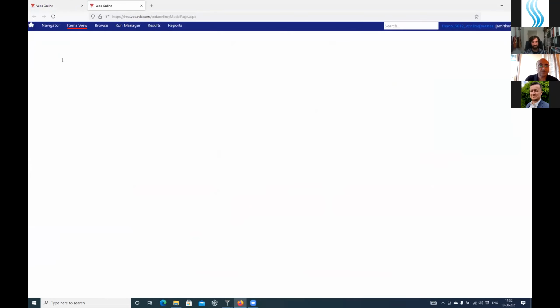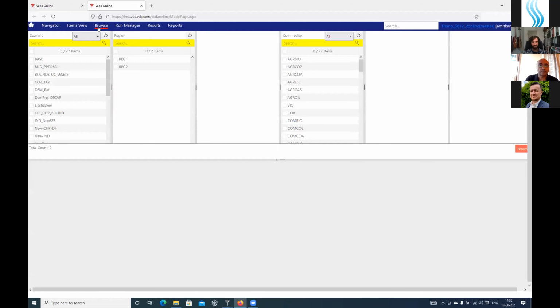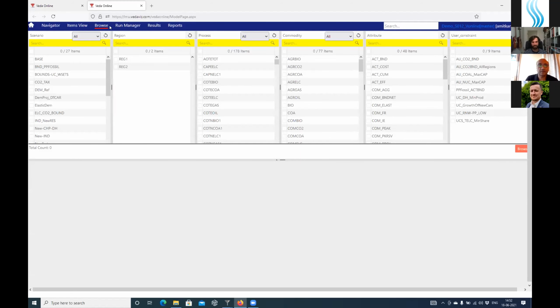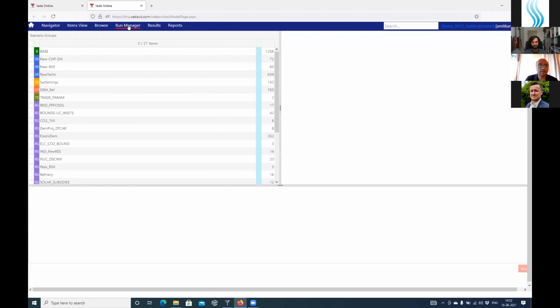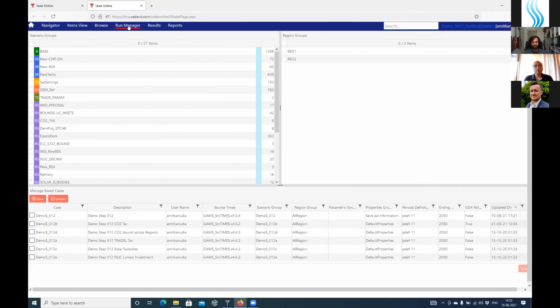So in that one, if you go into a model, it's the same model that we saw there, and you'll be able to see the items view, the browse like you have in Veda, and results and reports and all that is fine. But going to the run manager, which is integrated with the GAMS engine.